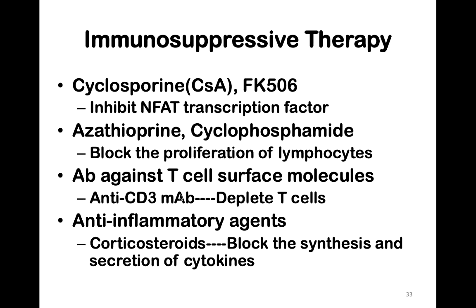Before carrying out the transplant, there are certain techniques that are also used. Complete irradiation of the bone marrow can be carried out so that the immune cells are destroyed, and when the graft becomes successful the immune system is not at a higher stage of reactivity. Then you have azathioprine and cyclophosphamide. They block the proliferation of lymphocytes.